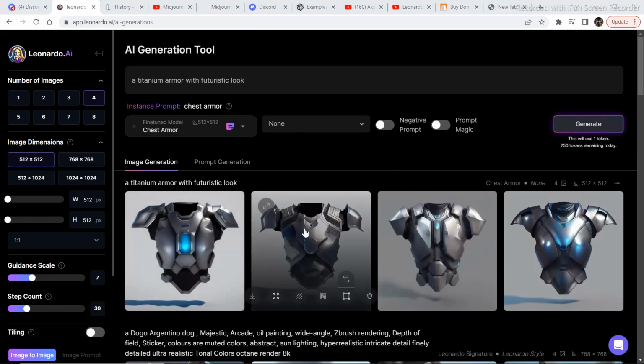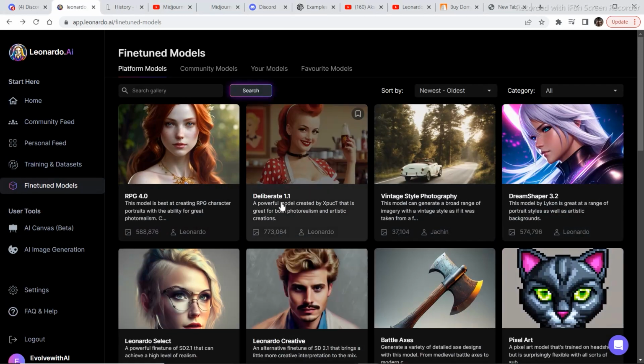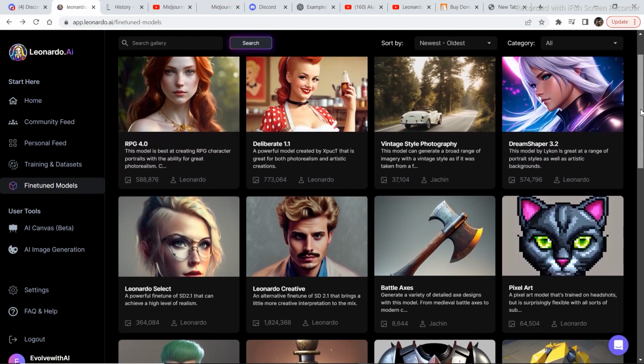And it generated 4 images because we selected 4 in this section right here. You can click on whatever number of images you want and you will get those many images in your generation. Now you get 250 tokens for a day and one image usually takes up about 1 to 3 tokens per generation. Now coming back to the fine-tuned models, you can do this with, like suppose this one right here,